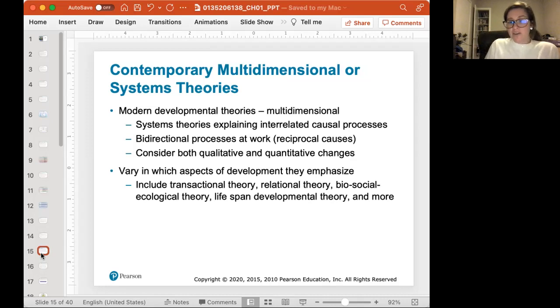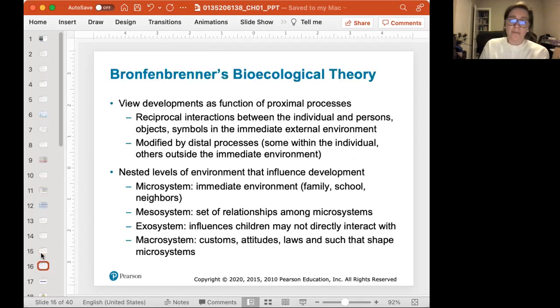Systems theories explain interrelated causal processes, bidirectional processes at work, reciprocal causes, consider both qualitative and quantitative changes, and they vary in which aspects of development they emphasize. They include transactional, relational, biosocial, ecological theory, lifespan developmental theory, and more. Bronfenbrenner's bioecological theory views development as a function of proximal processes, reciprocal interactions between the individual and persons, objects, symbols in